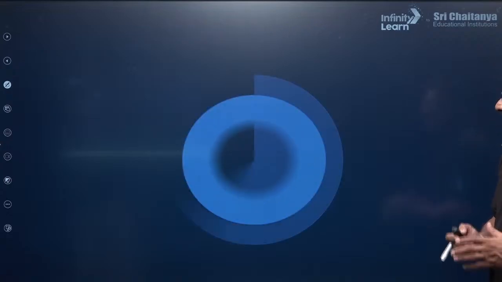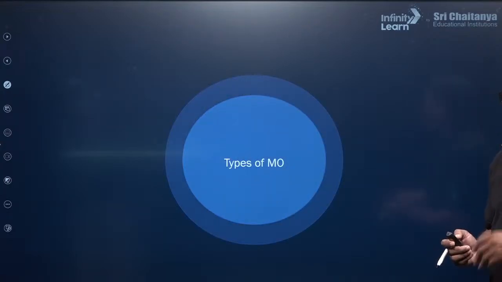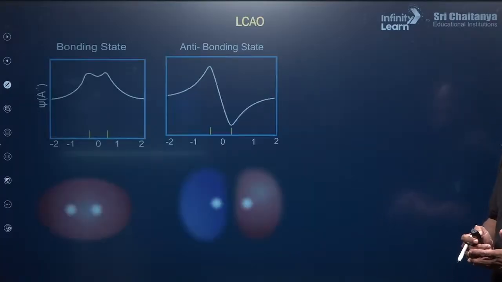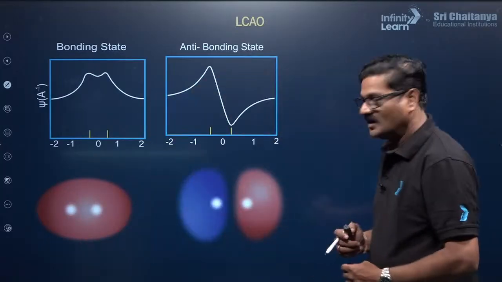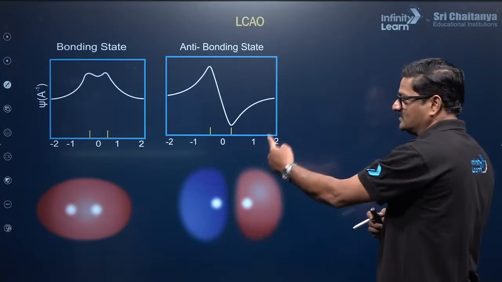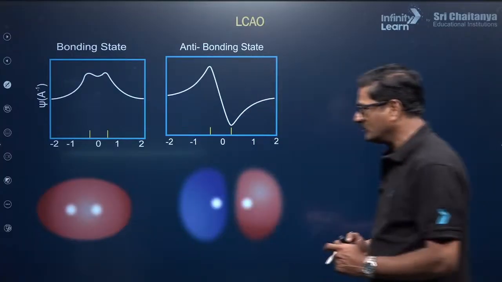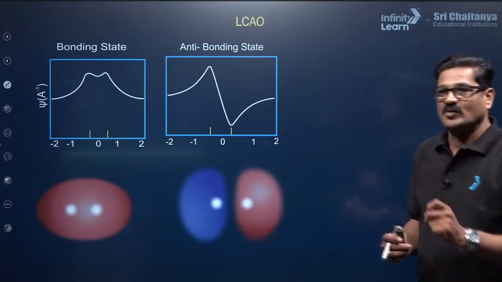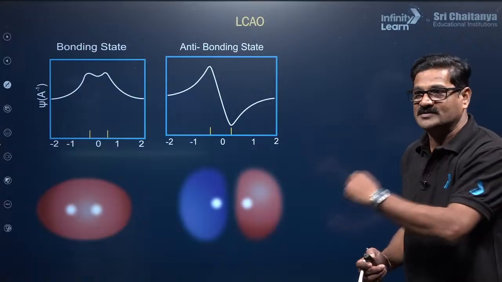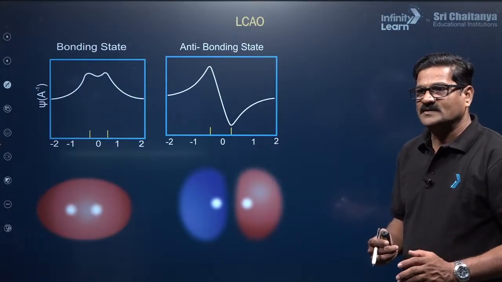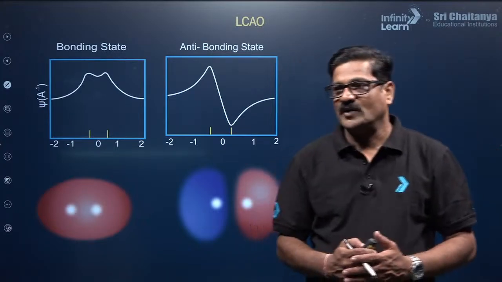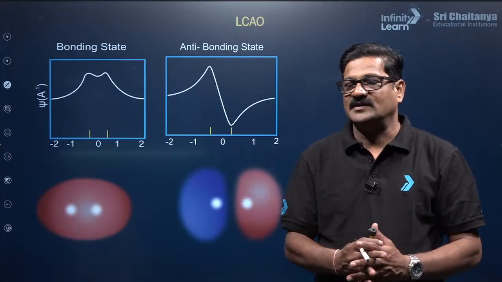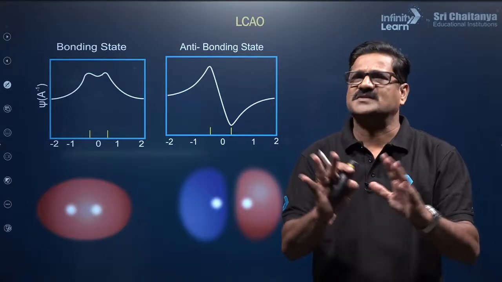And talking about the types of molecular orbitals, you have sigma molecular orbitals and pi molecular orbitals. In the LCAO you can see sigma s orbital and sigma star s orbital. This gives you the bonding molecular orbital. This gives you the anti-bonding molecular orbital, on the real-time images. So this is the main postulate of molecular orbital theory. Generally you can say these are the postulates of the molecular orbital theory, simple.